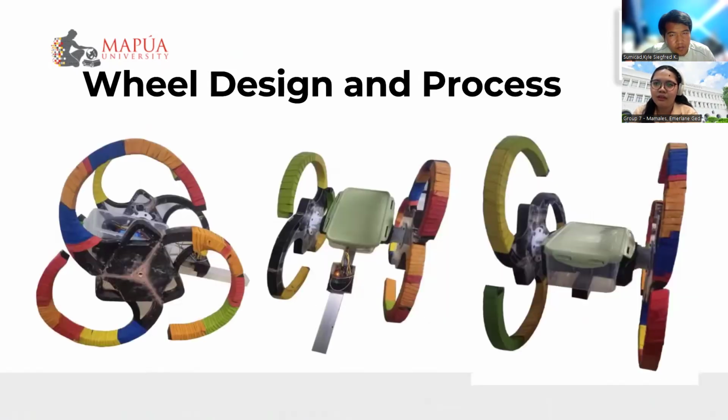So these are the photos of the actual prototype. The one on the left is the side view of the prototype. As you can see, this is the finished product, the finished 3D printed wheels. To further reinforce the wheels, we added rubber strips along the end of the spoke to add a better grip. So when it climbs the stairs, it can grip. It will not slide. Also, we added acrylic sheet